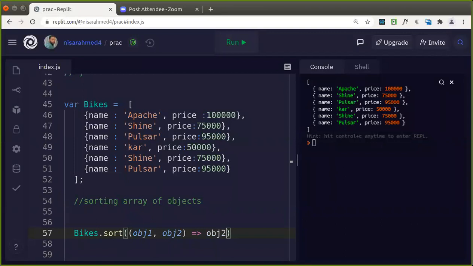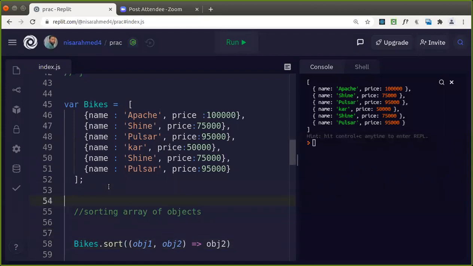Yeah, you can append it. Push is there, no? In the chat, someone has asked a question. You can use the function push and add a new object. So how can you do that? bikes.push, and you give the object here, isn't it? Which object you want to push, you can give as a parameter.